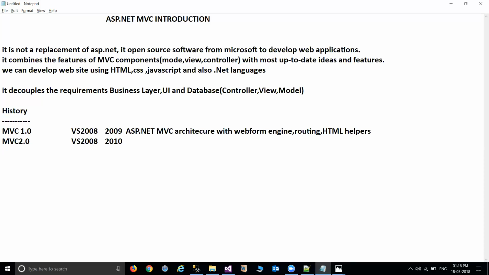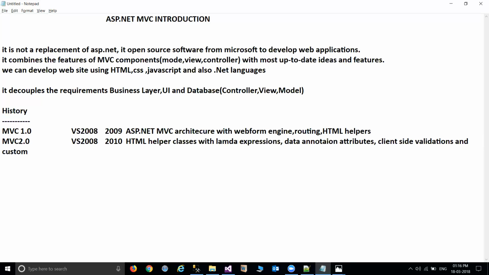In this they concentrated on asynchronous controllers and HTML helper methods with lambda expressions, data annotation attributes, client-side validations and custom templates. These are the features given in version 2.0.